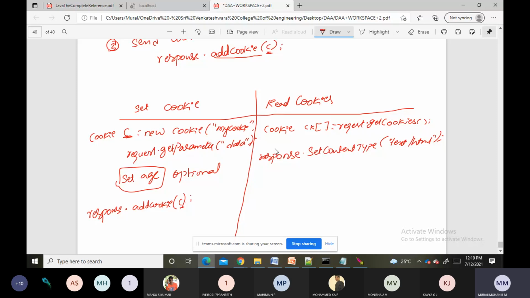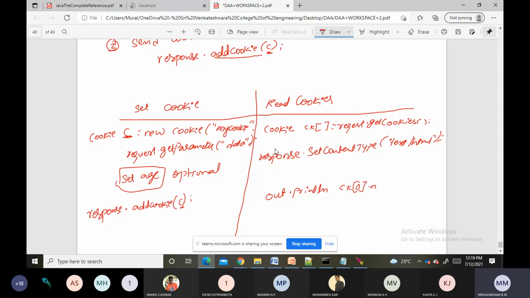Then we can use that to write a response to the standard output device. For the time being, we will use directly out.println. What should we print? ck of 0. What will be there in ck of 0?